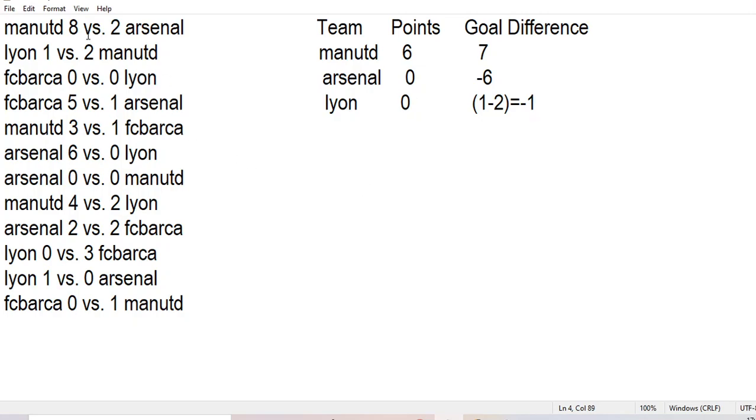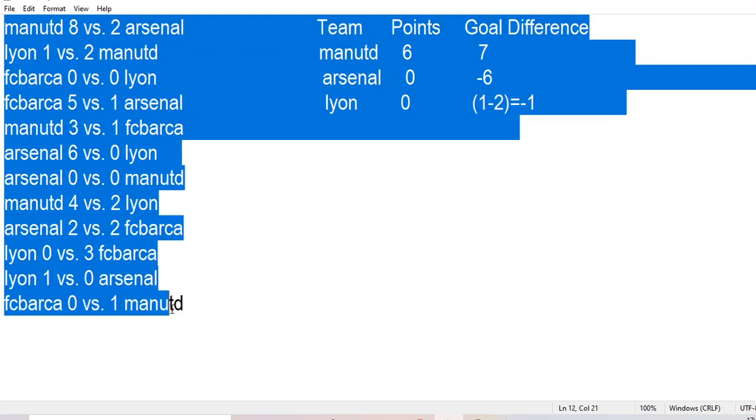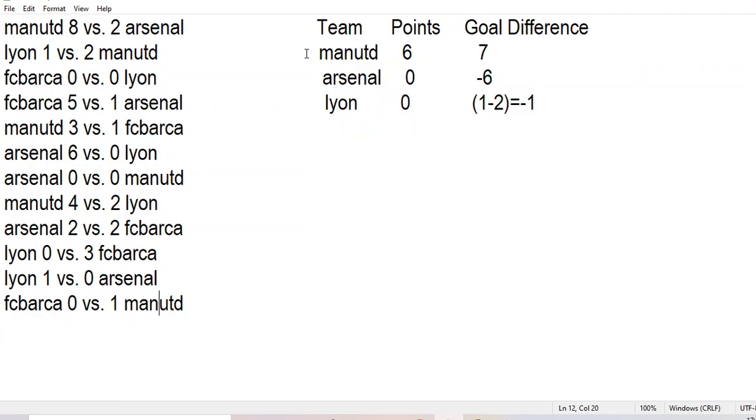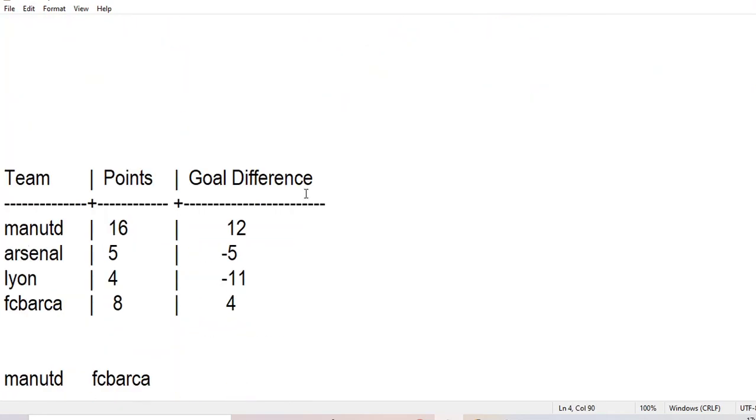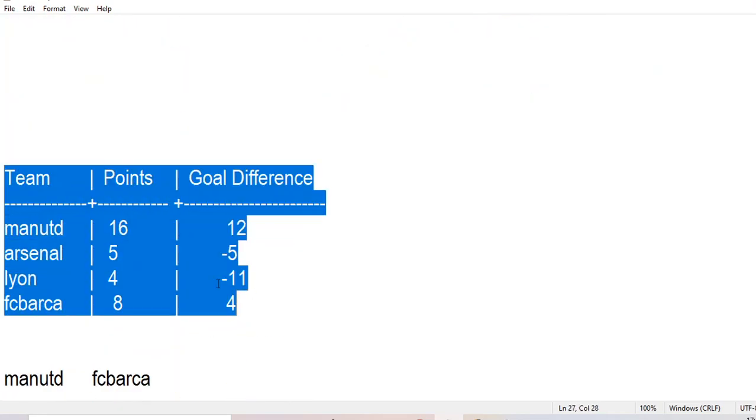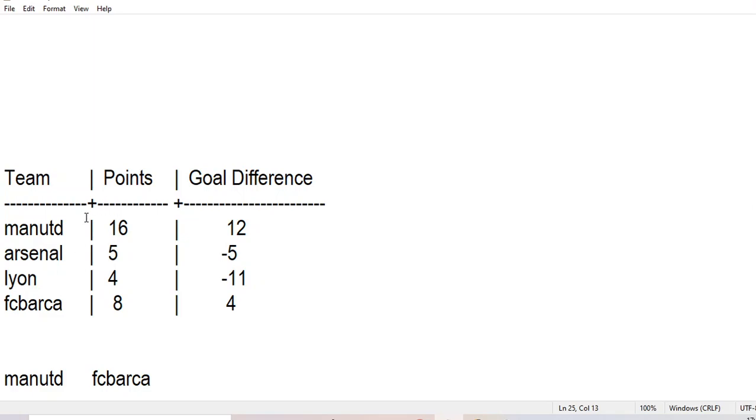In that same way these 12 match results will be inserted here and the final table will be like this, where I can see clearly this team has the highest point, so this will be the winner, the first position team, and this is the second highest point among these 3, so this team will be the second position team.